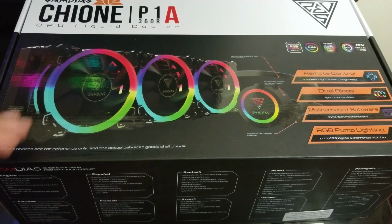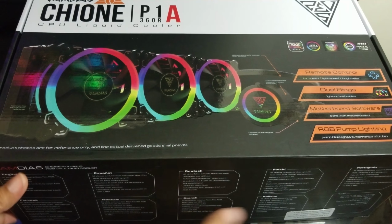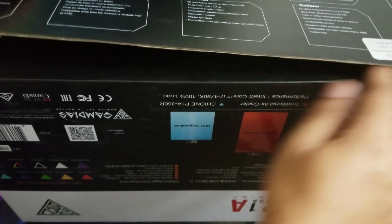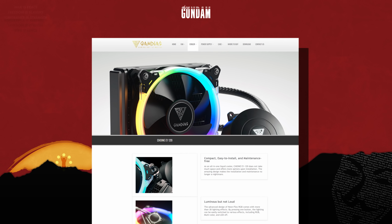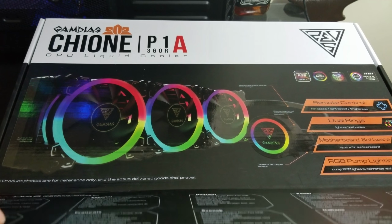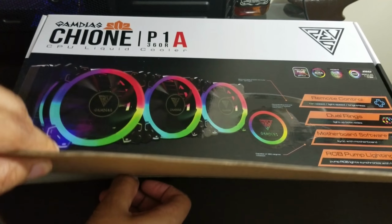I was contacted about a week or two ago by Gamdias to review one of their coolers. At the time, I was under the assumption, as I was told, it would be the Choine P1A 120, which is obviously a 120mm rad, which would have fit perfectly in any one of the cases I had. To my surprise, when the box finally reached me, they sent me their flagship cooler, a 360mm rad, the Choine